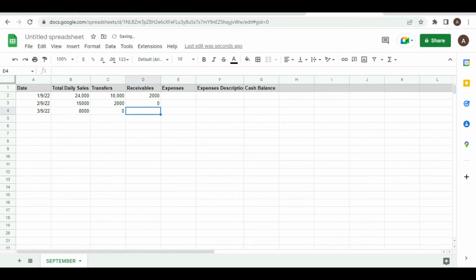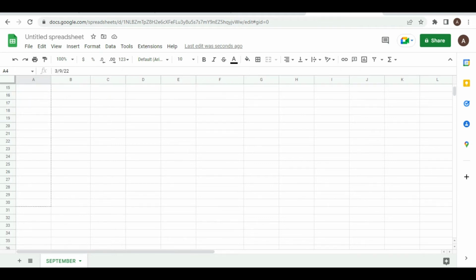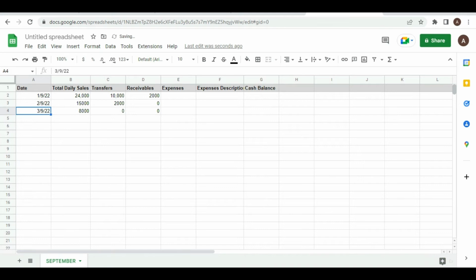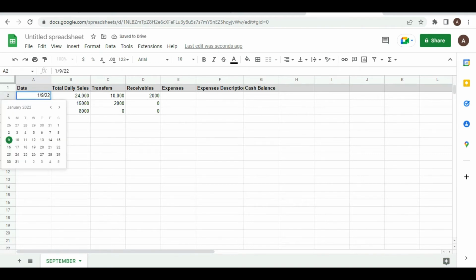So you keep going. I think this should auto create the dates. The day is supposed to be here, so this is supposed to be 9.